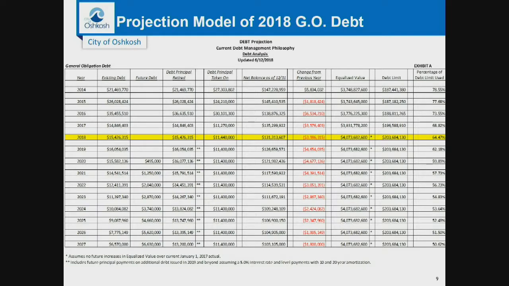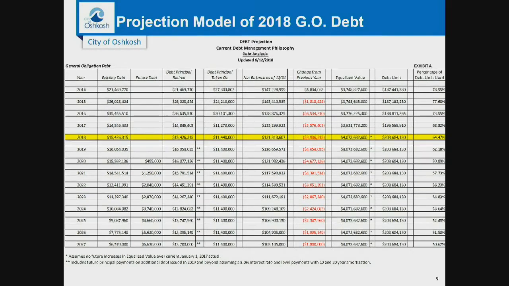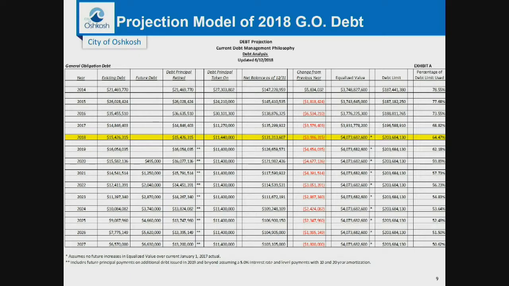So this brings me to the model which some of you are familiar with. Where are we at with our GO debt capacity, and have we reached the target that the Common Council established for us back in about 2014? What the goal was that we would be under a 70% debt capacity by 2020. In working with the Common Council and establishing a model truly with the principle of limiting the amount of GO debt issued, I'm happy to report we have reached that benchmark, and as you can see in the highlighted area, we're down to the